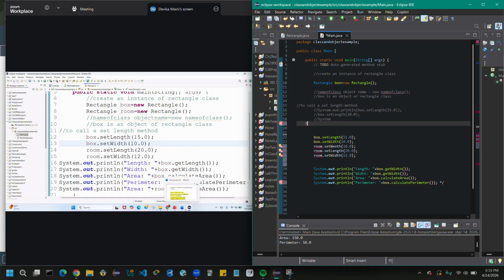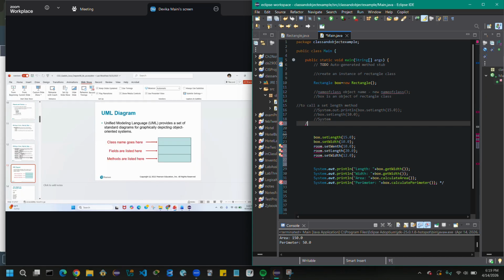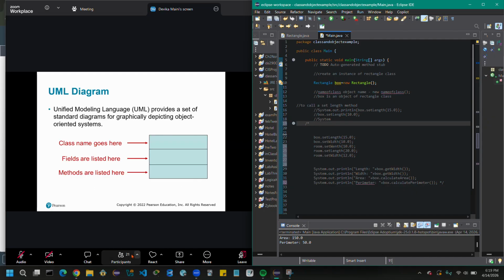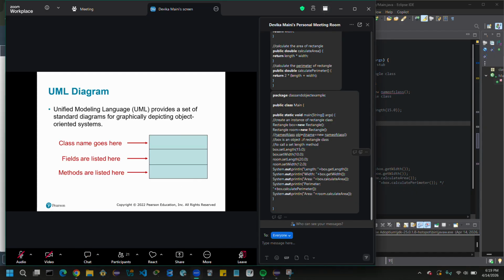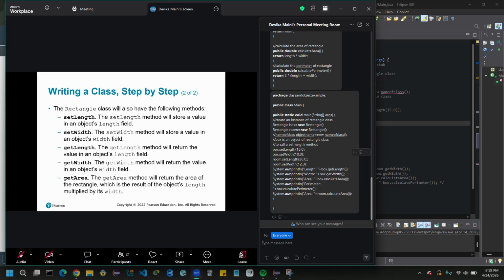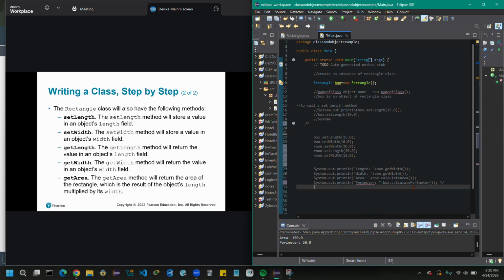Okay. So let's move to the lecture slide, and then we can do one more example. So that's a UML diagram. Now, writing a class step by step, rectangle class can have the methods like set length, set width, get length, get width, get area. Set length method will store a value in an object's length field.